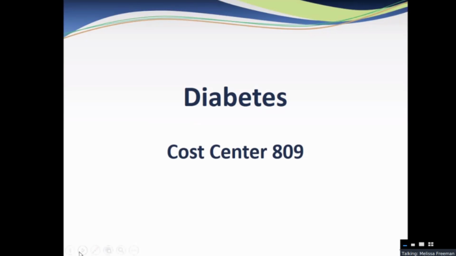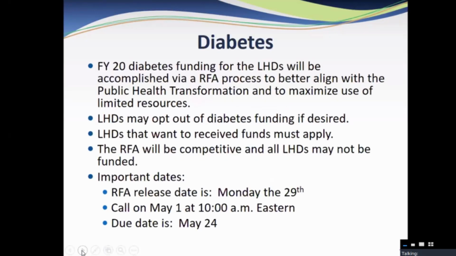Diabetes. As of right now, there are no FY20 allocations for diabetes. They are going to release an RFA on April the 29th, and there's going to be a phone call on May 1st at 10 a.m. They will send out that information, and the RFA will be due on May 24th. Not everyone that applies may get funding, but if you want to do the diabetes program,